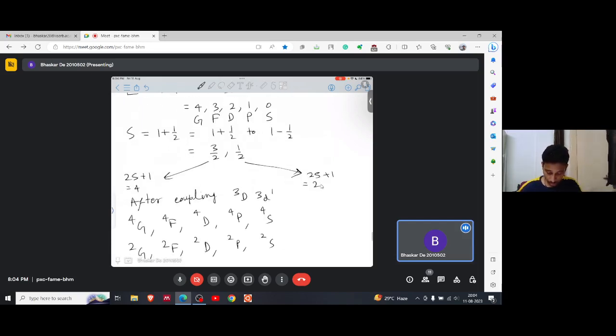So this is the only coupling that we have calculated, and after this coupling 3D 3D1 we